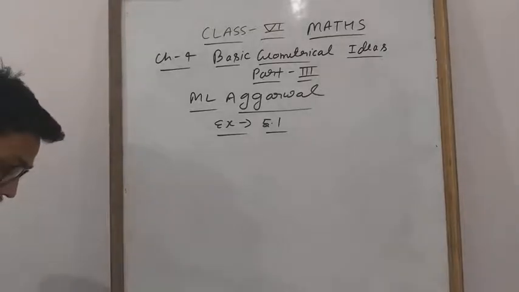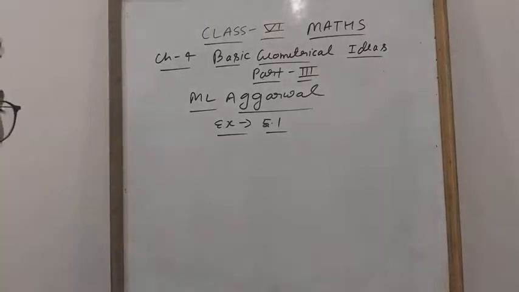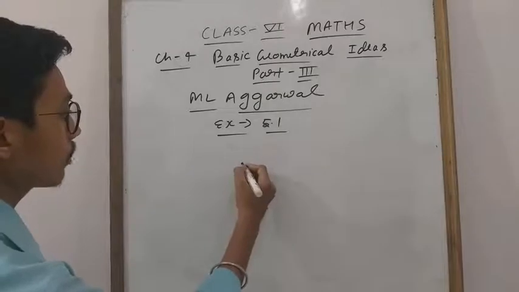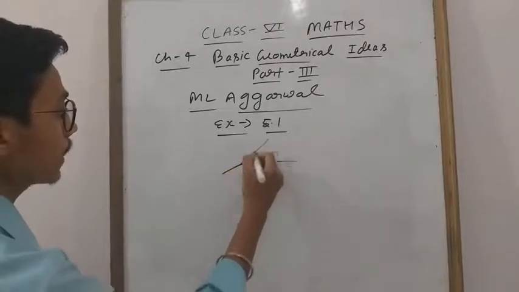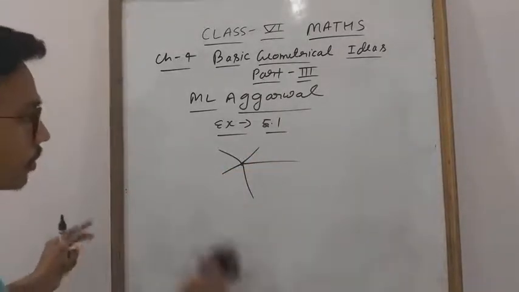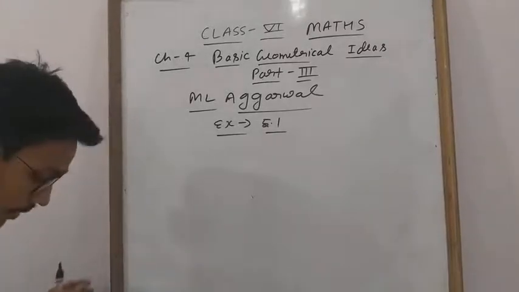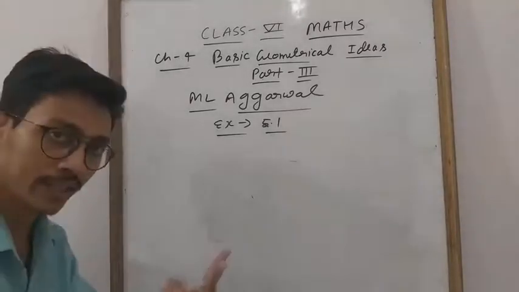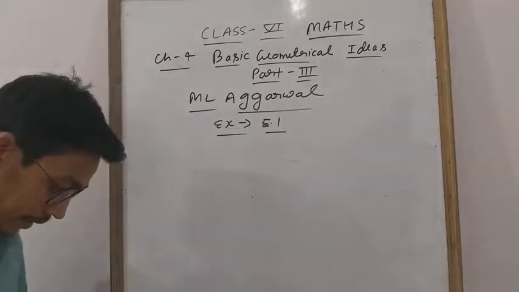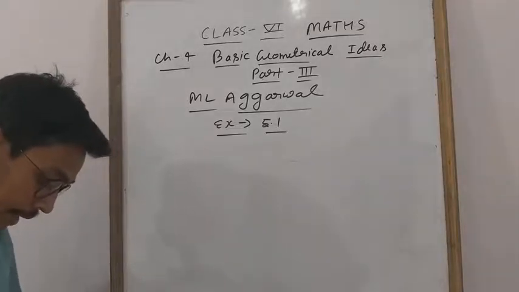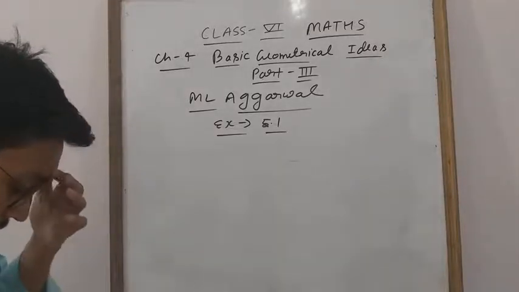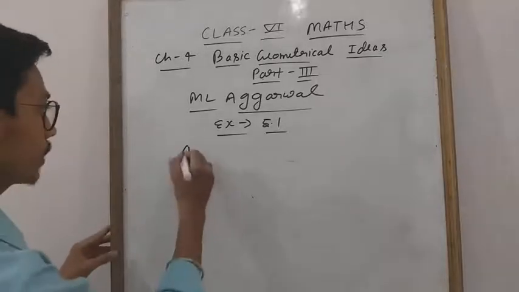First question is 5.1. How many lines can we draw through a given point? Everyone knows if one point is given, you can draw many lines. This is very easy. This is also given in NCERT student. So you will do it. Second, how many lines can we draw through two distinct points? Everyone knows only one. Same question. Mark 3 non-collinear points. Question number 4 I am going to explain. This is a little bit different.